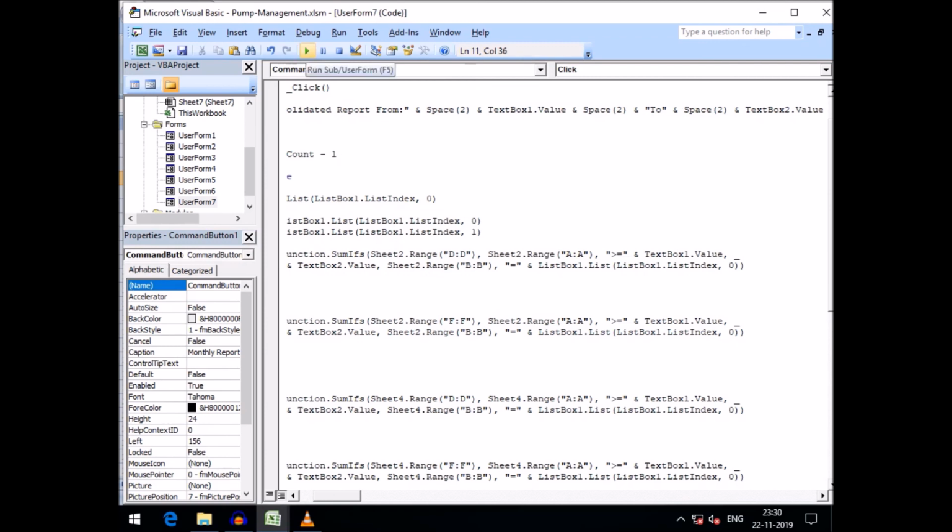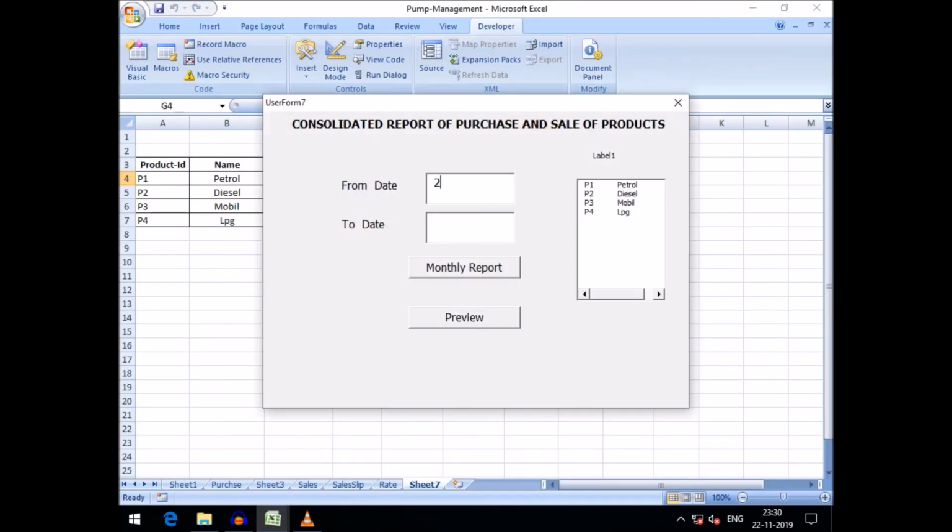Yes, if I run this and give the date here,